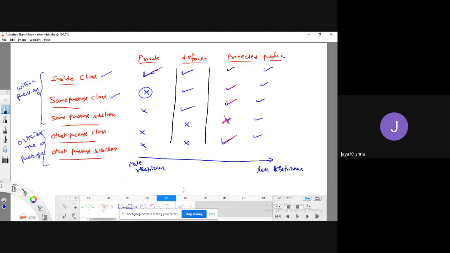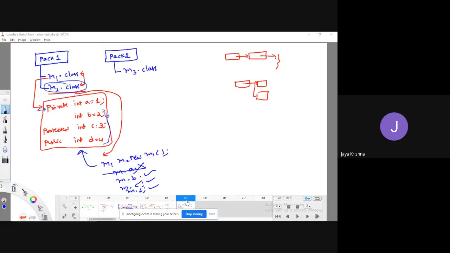Then same package subclass, it is the same, nothing. Okay, if you go for the M3 java file, if I am trying to communicate this M3 file with the M1 class, what is the meaning of this? I am trying to communicate across different packages of the same location.